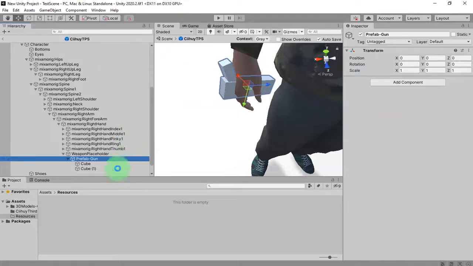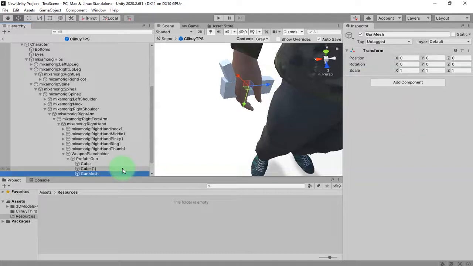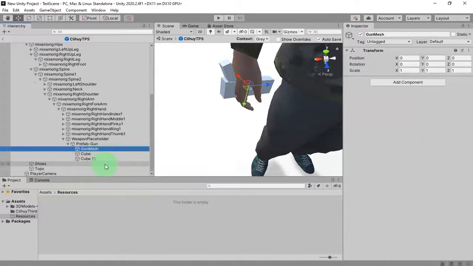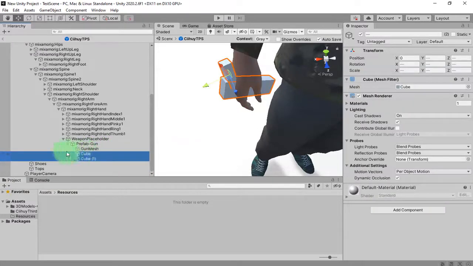Create empty, gun mesh. Yep, gun mesh, and I paste everything, the two cubes, inside this gun mesh.